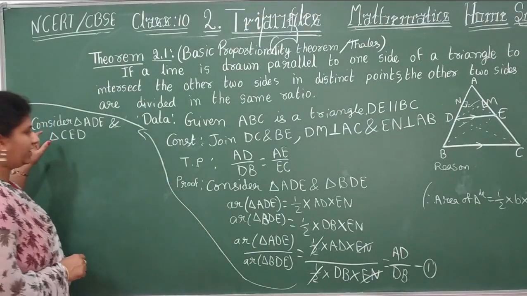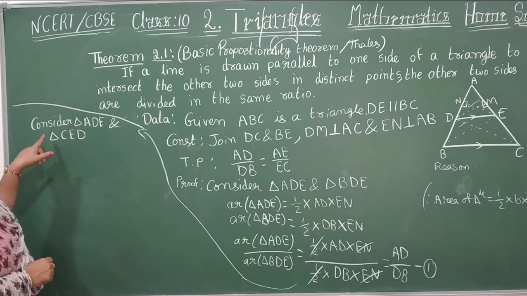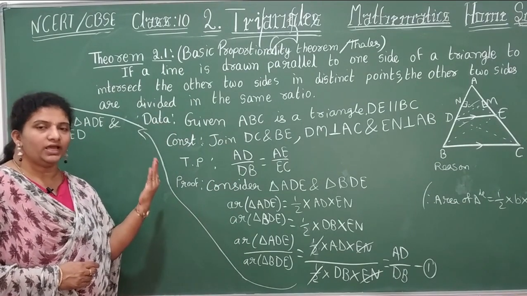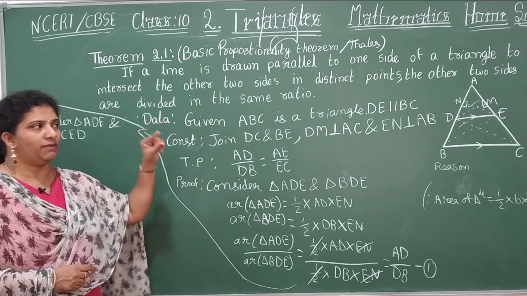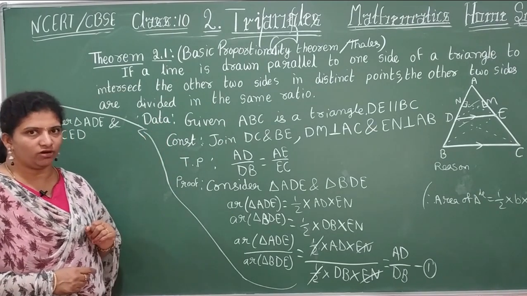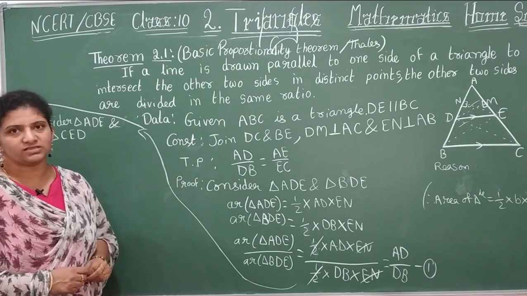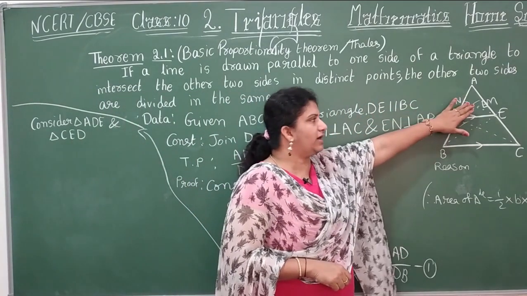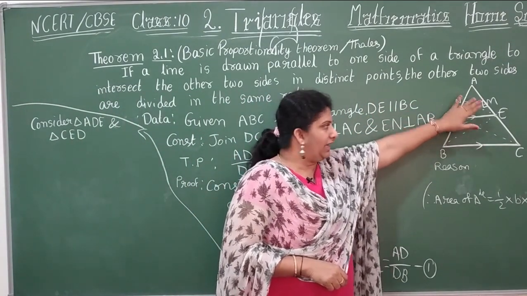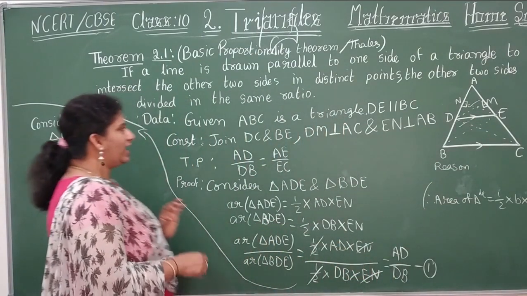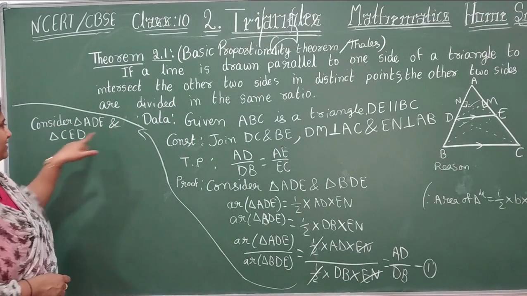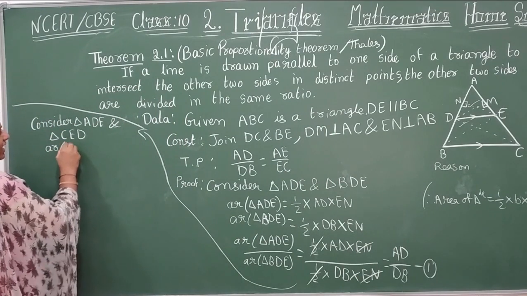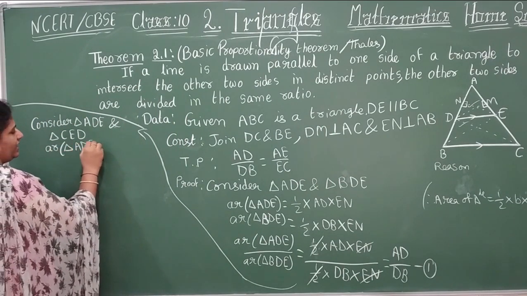This part is continued here, children. Observe carefully. Now, this part we have done the AB side, right? For the AB side, we got AD by DB. One ratio we got. Now, see the other side. What is the other side? AC. Okay, so observe the triangles. Triangle ADE and triangle ADC you are going to consider. Consider triangle ADE and triangle CAD. Now what do you need to do? Again in the same manner, find the area of triangle ADE.